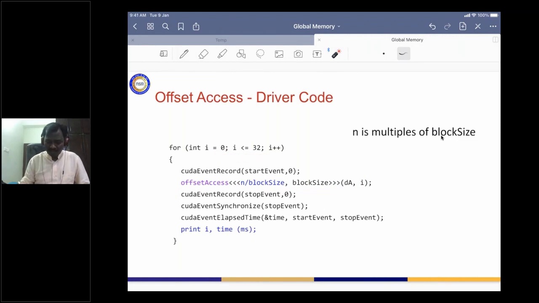Each time, we are calling the same kernel function for a different value of I, and this I value is nothing but S. So we are increasing the offset every time, and all the rest of the functionality is for capturing the running time: before the kernel launch, after the kernel launch, some synchronization, and taking the elapsed time and printing the time in milliseconds for all of them.